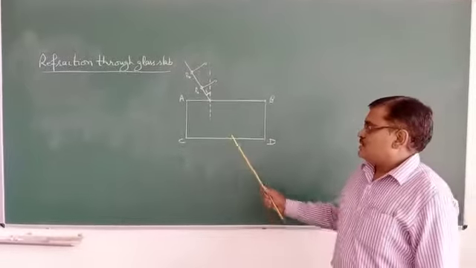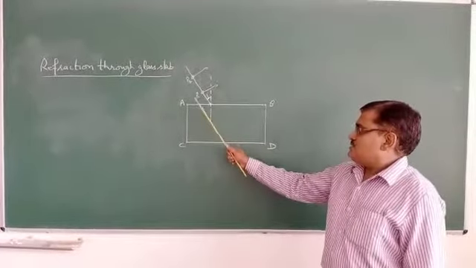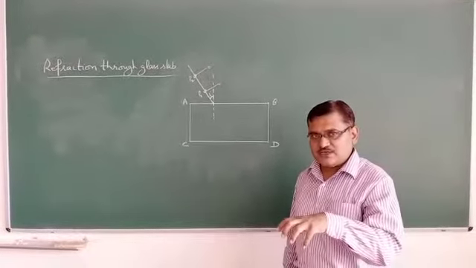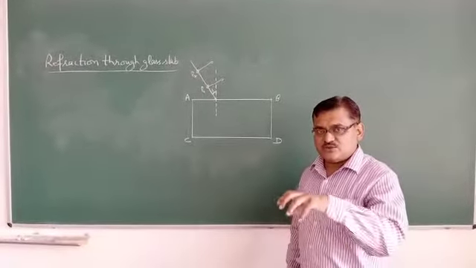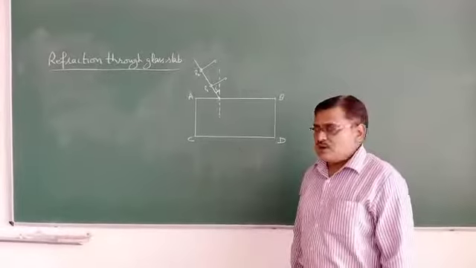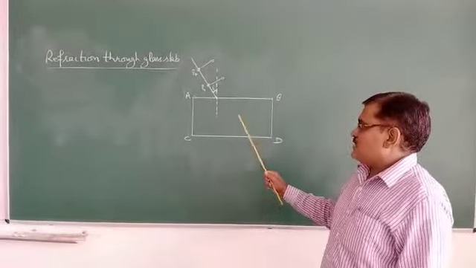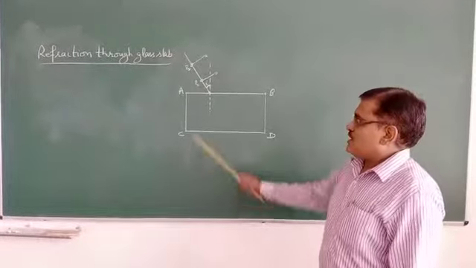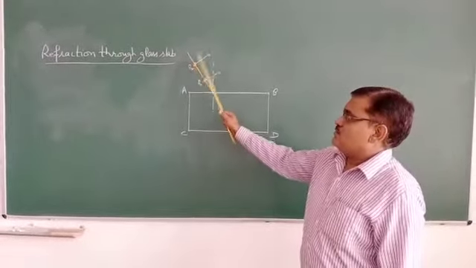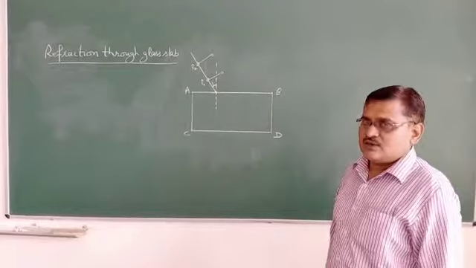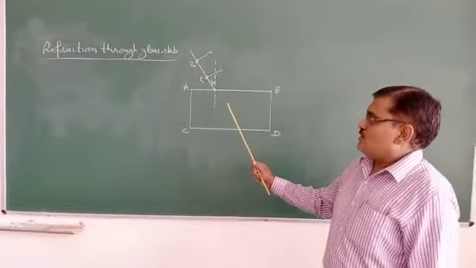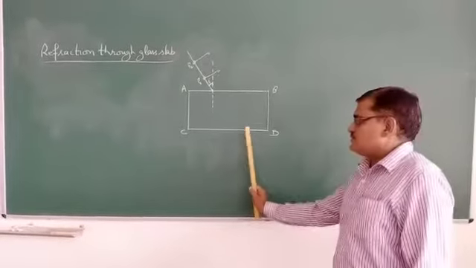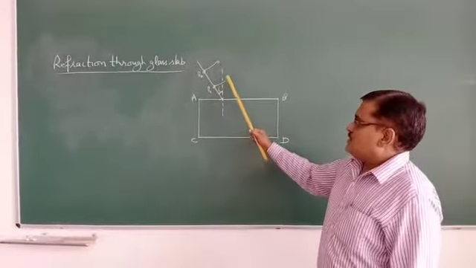practical. I will place a glass slab A, B, C, D over the A4 size paper sheet, and this sheet is placed over the drawing board. Now I will demarcate A, B, C, D like this, and I will fix two pins P1 and P2 like this. Okay. So now if I want to see through this face CD,